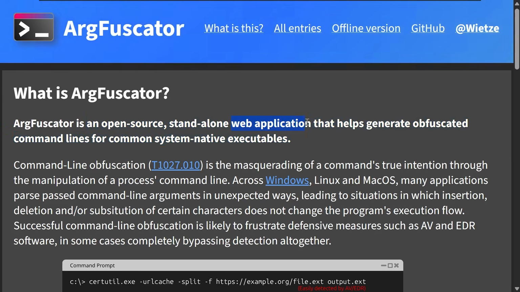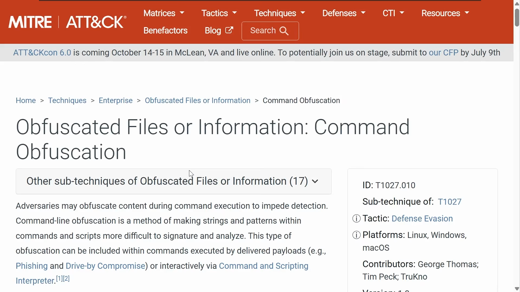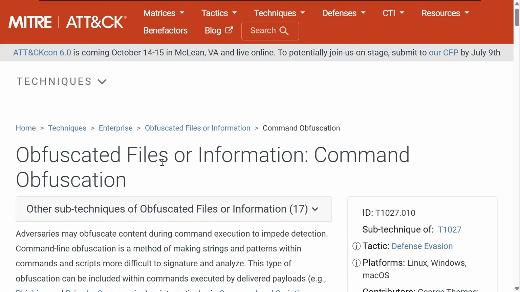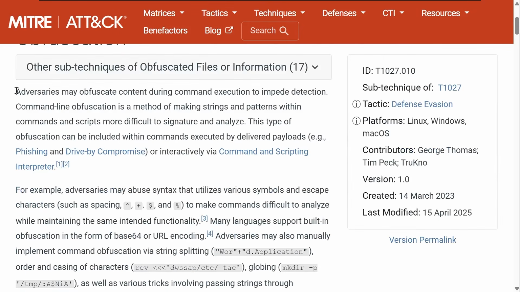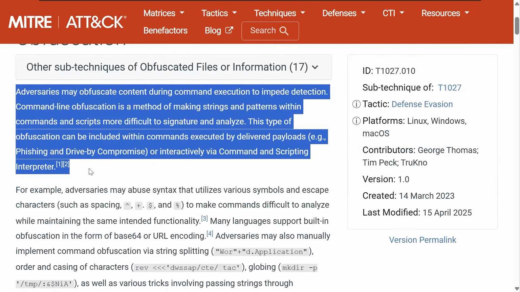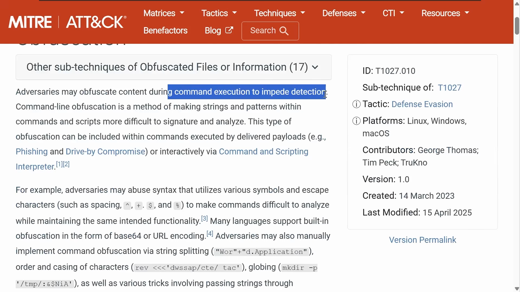It's not only this web application, but it does command line obfuscation. That's used to frustrate defenders or defensive measures and security solutions like antivirus, AV, or EDR, endpoint detection response, and sometimes completely bypass detection to begin with. They reference the MITRE ATT&CK framework technique and sub-technique here for command line obfuscation. And they note how hackers or threat actors and adversaries may obfuscate content during command execution so they don't get